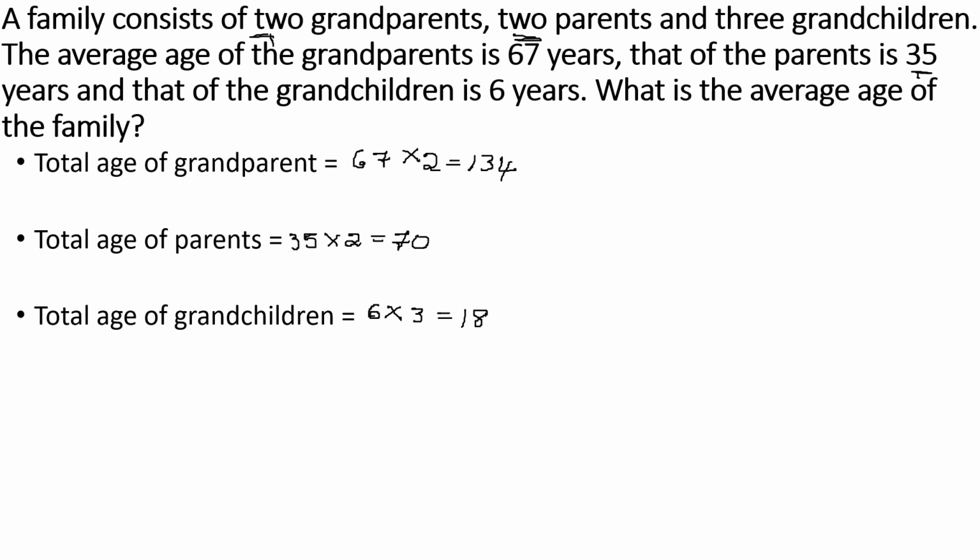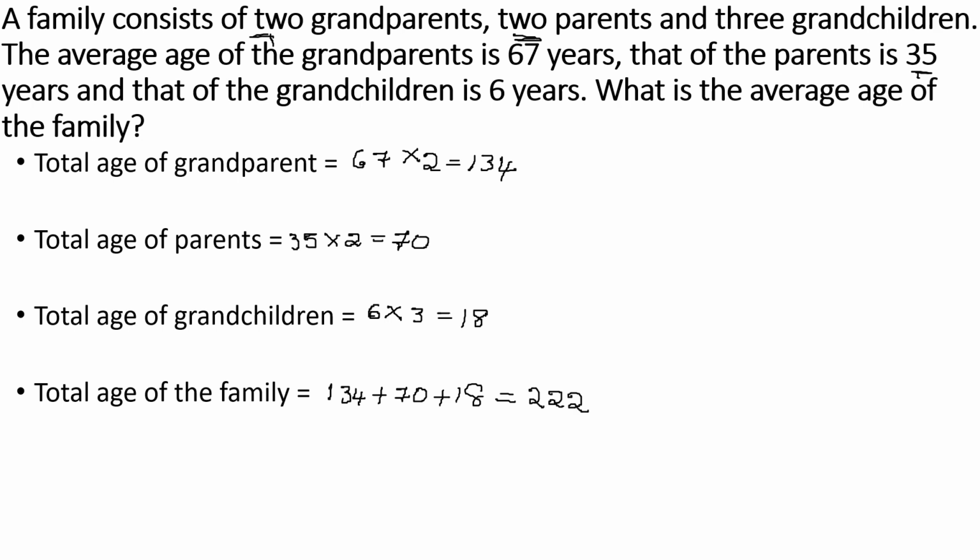So total age of the family will be equal to 134 plus 70 plus 18. So that is equal to 222 years, and the average age will be